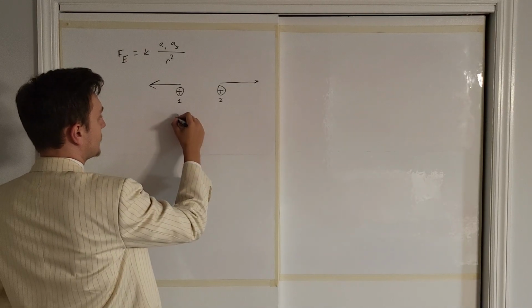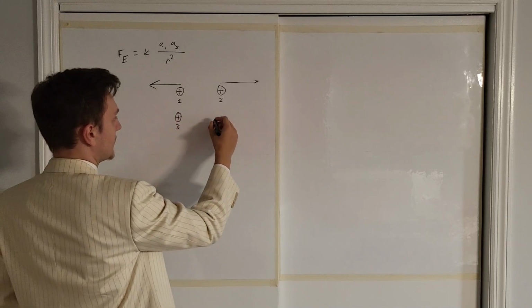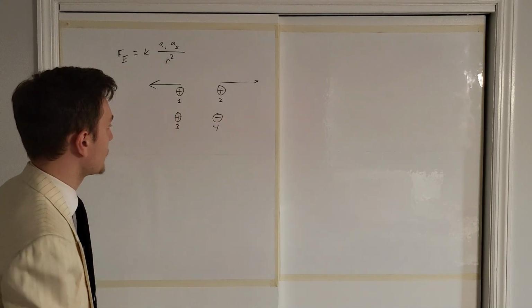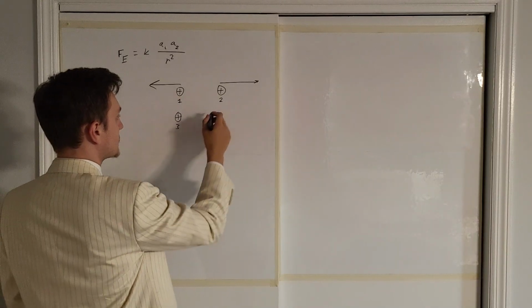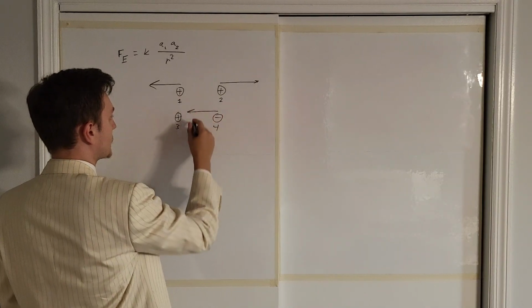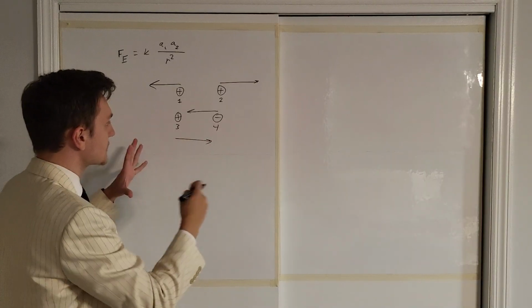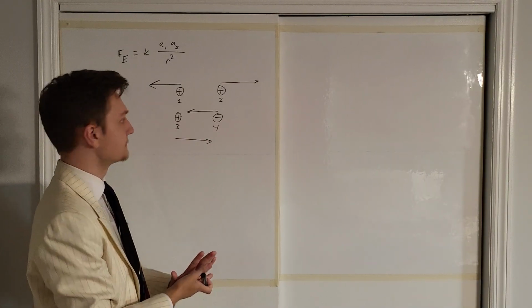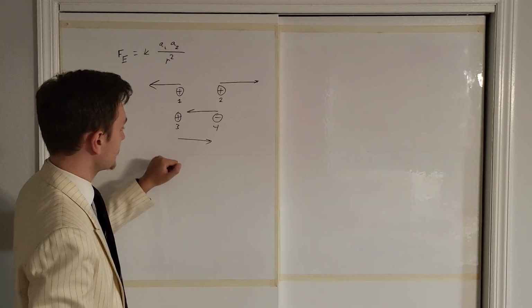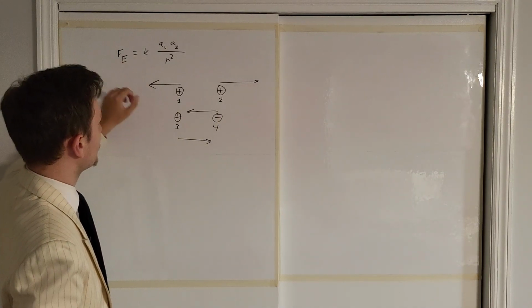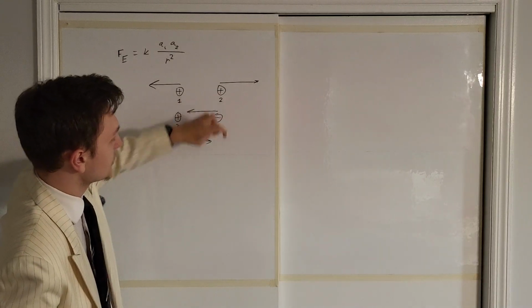Alternatively, if I had particle 3 right here, which is positive, and particle 4 right here, which is a negatively charged particle, 3 is going to pull particle 4 to the left, 4 is going to pull particle 3 to the right. And if I release them from rest, they're going to fly together. So this electrostatic force is the force defined in this equation, the force that one charged particle exerts on another